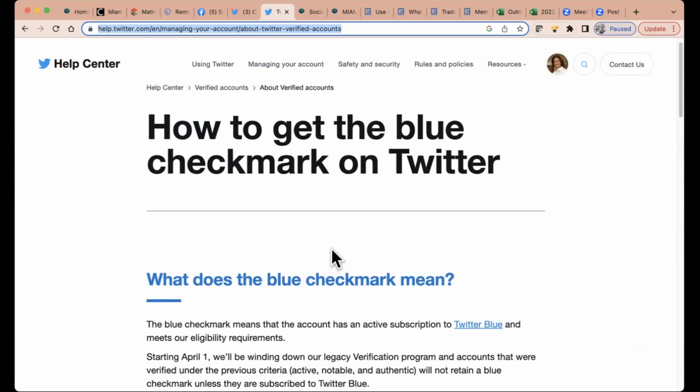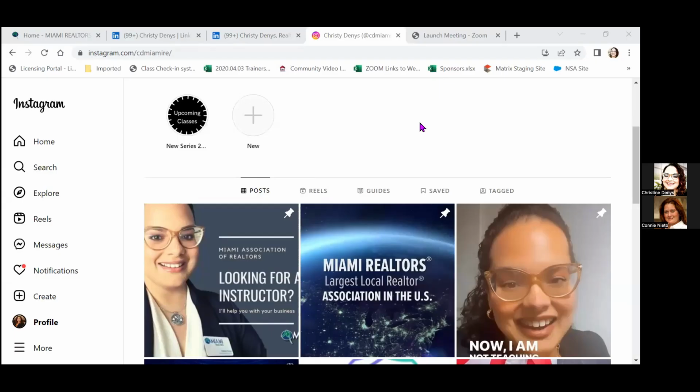Again, all we do is search Twitter and the blue check mark in case you would want to make sure that your account is verified. But we'll let you know, and we'll put this help center information onto your miamirealtors.com/social media page. The next social media page that we want to update our handle in is going to be